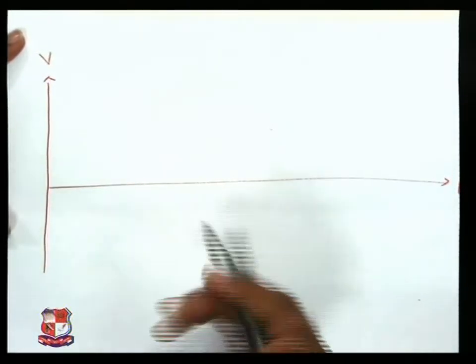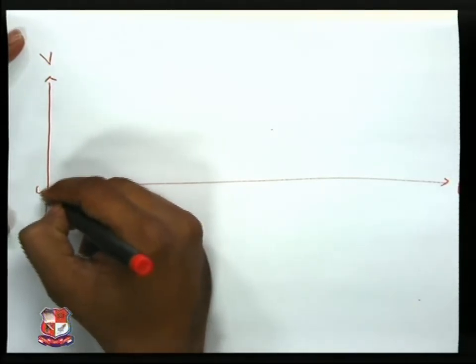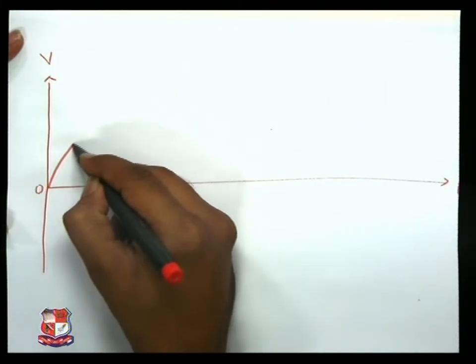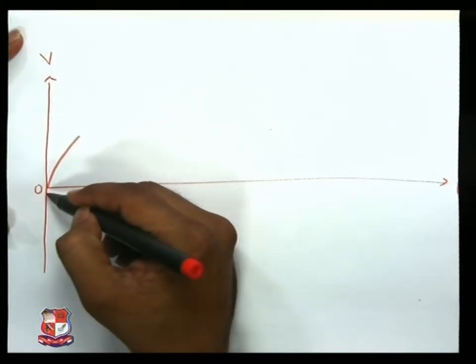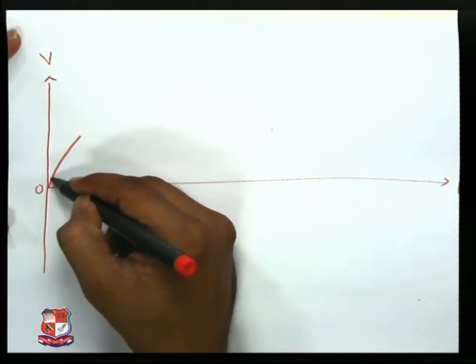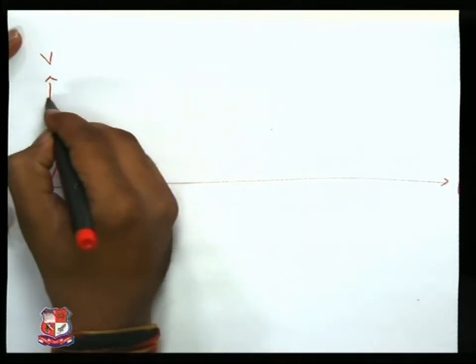For the voltage, starting with the reference line 0, you can see that the value of the voltage starts from 0 and gradually it increases. Suppose there is one